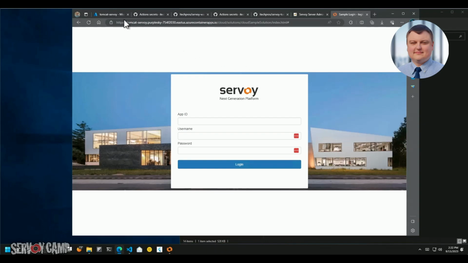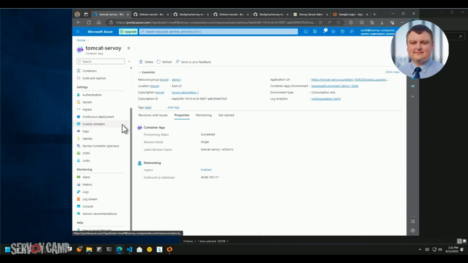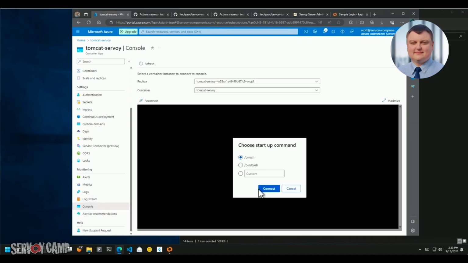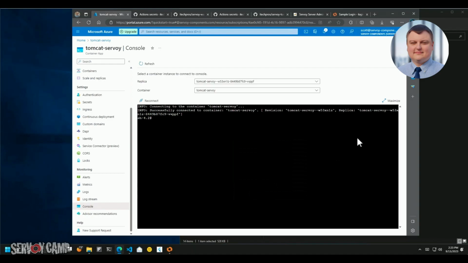So let's make some changes and see what the deployment looks like. But let's also just poke around in the container here and see what's going on first. So I'm going to scroll down to console. And this is going to let me SSH basically into the container. And I know from the documentation of the Tomcat image that the default Servoy user home is /user/Servoy. And there's a Servoy file,